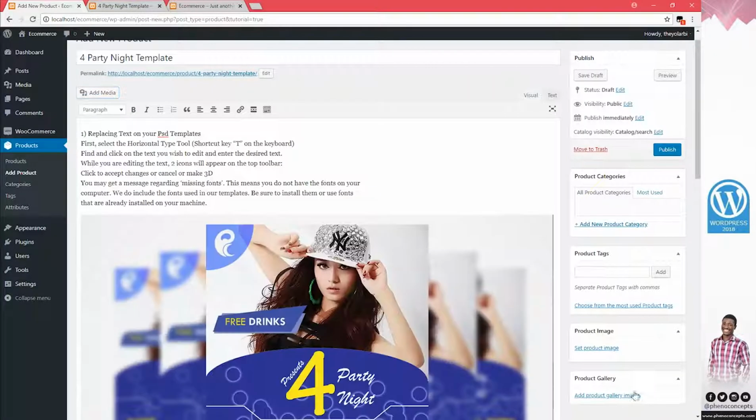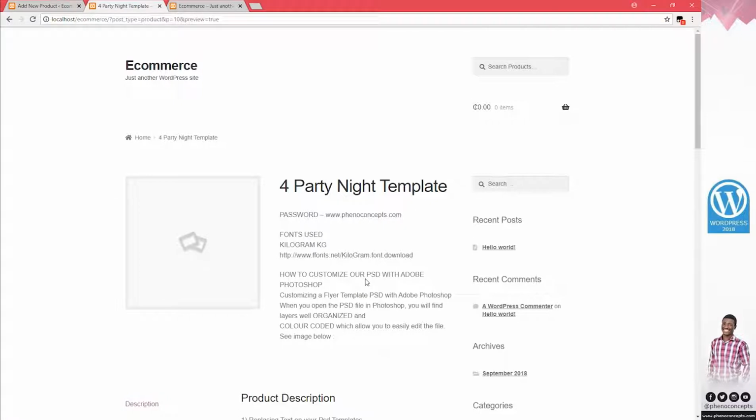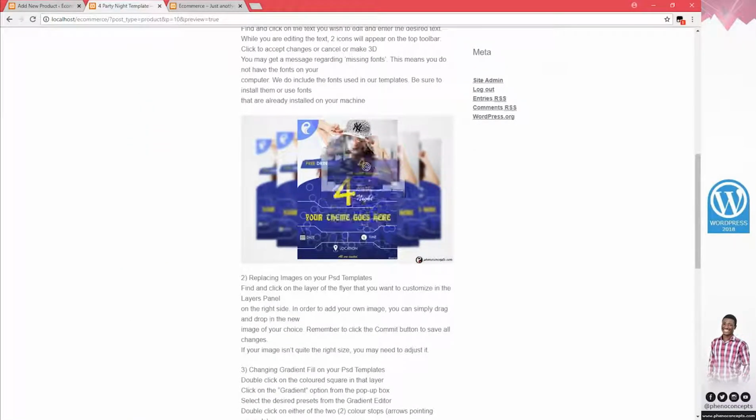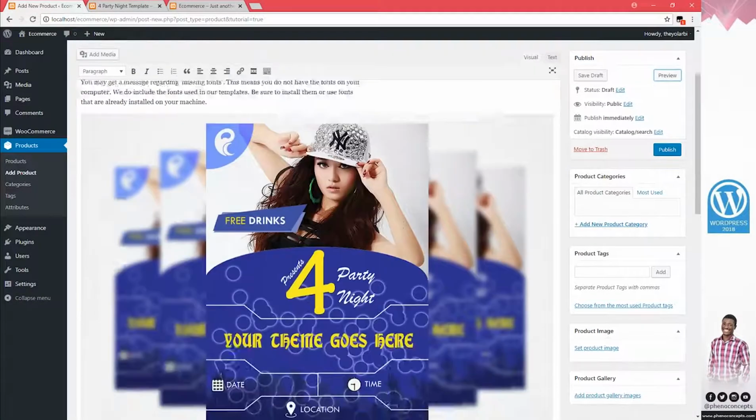So I'll set into product. Now if you go ahead and preview this, we are expecting to see our image in there. So the short description followed by the image in here. So if you have a few or a lot of images about the product, you should probably put them in here. Okay, so let's scroll down to